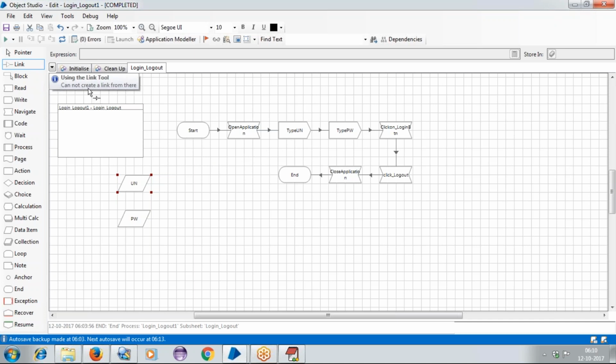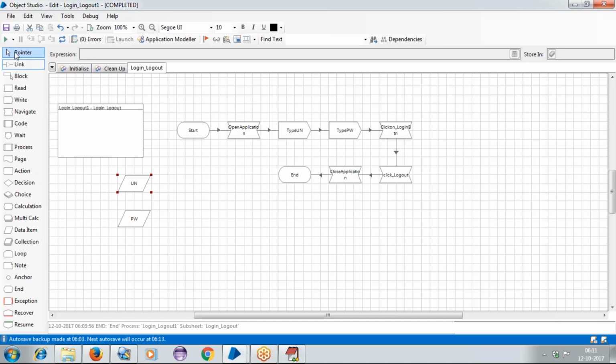It is giving that it cannot create a link from data item to any of the stage. From data item to any stage, we cannot make a link activity, because the data item is not performing any action here. It is just a storage. Because of that reason, we cannot make any link to any of the stages here.